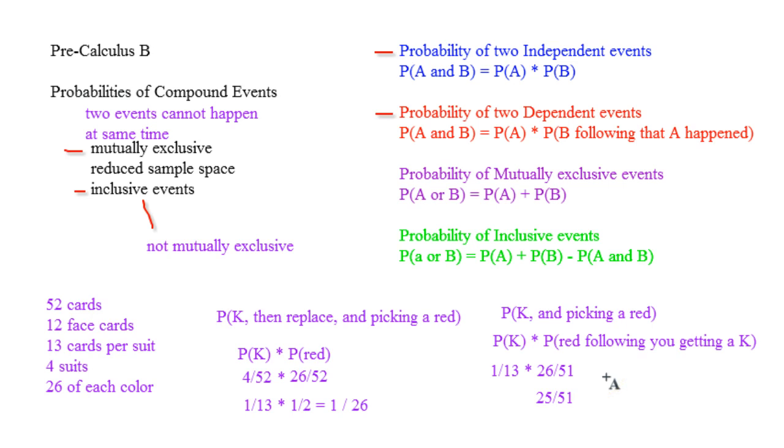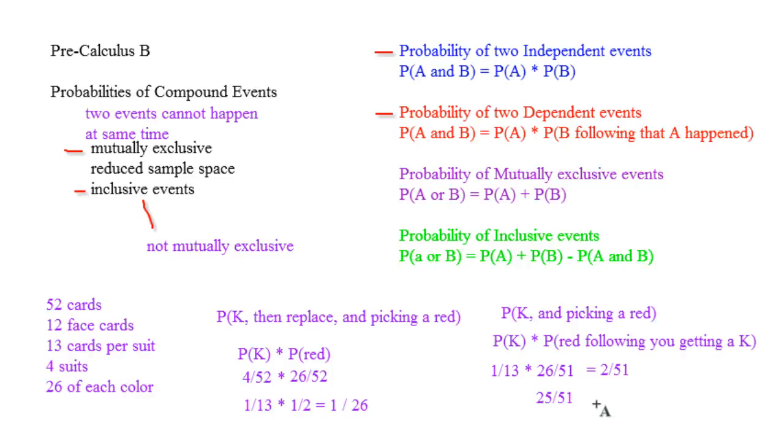So we would go 1/13 times 26 out of 51, and we would convert that to 2 out of 51, which makes sense. Okay, now if it was the actual bottom part, it would be,